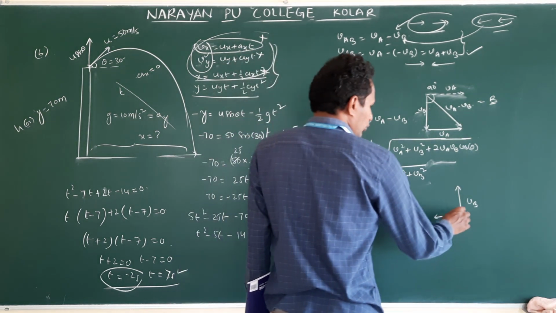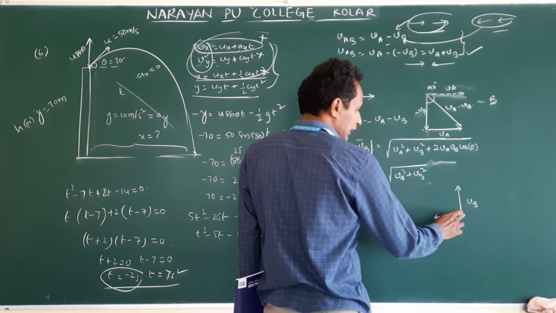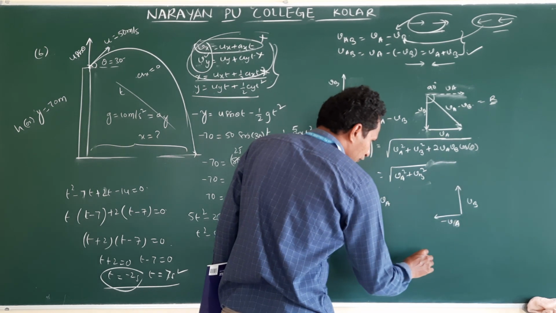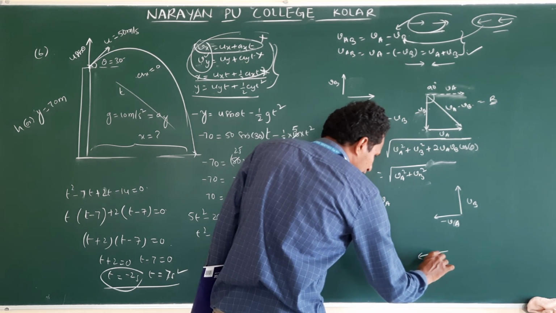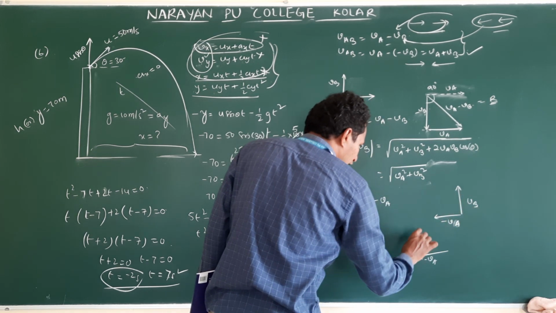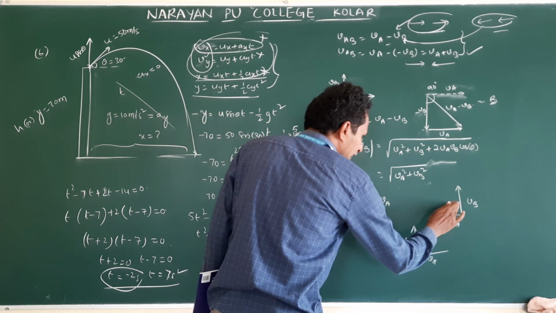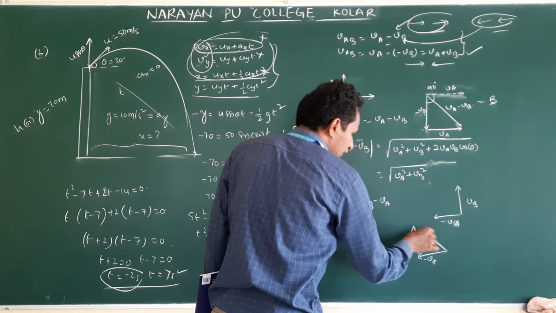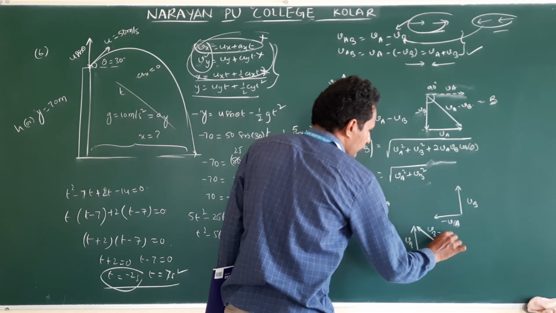Clear? So to have a resultant, these two are acting from the tail. So to get this, I will make it like this. This is VA as it is. You slide vector VB here. Just I slide it. By sliding, no effect. And this is closing. Then we will get VB minus VA.